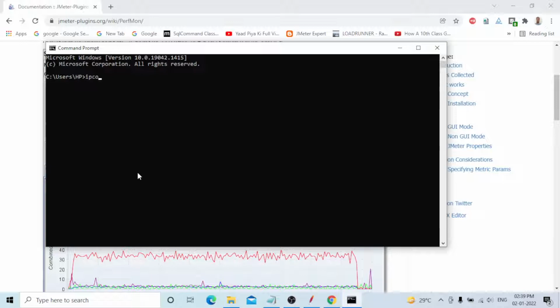Same in Unix, Linux or Mac computers, it is ifconfig. IP config and ifconfig are the same. You need to type it and you will find it. In Windows computers I will show you ipconfig.